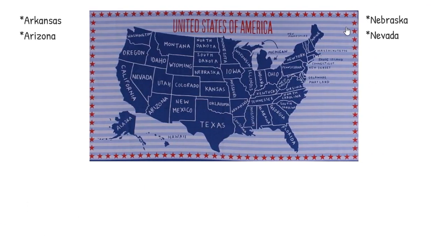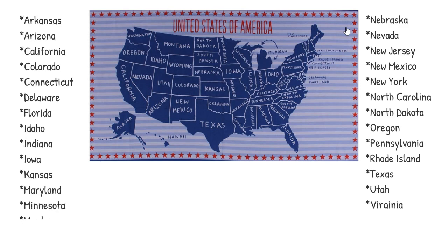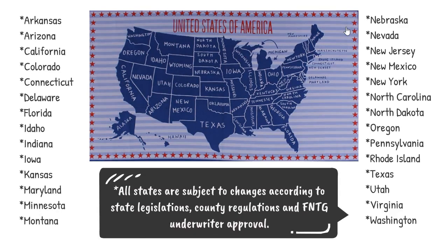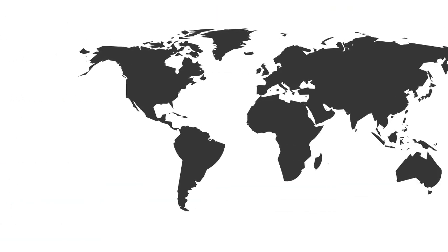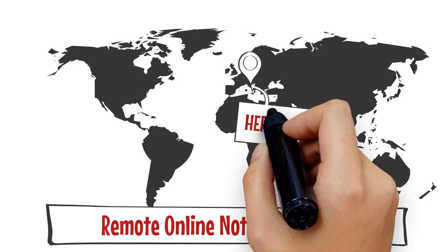We can offer e-notarization in states that have specific legislation authorizing electronic notarization. Notaries are able to electronically sign and seal the document. This type of e-notarization typically still requires that the signer and the notary public are physically present in the same location. Unlike with traditional notarization, RON, or Remote Online Notarization, makes use of video and audio technology on the internet